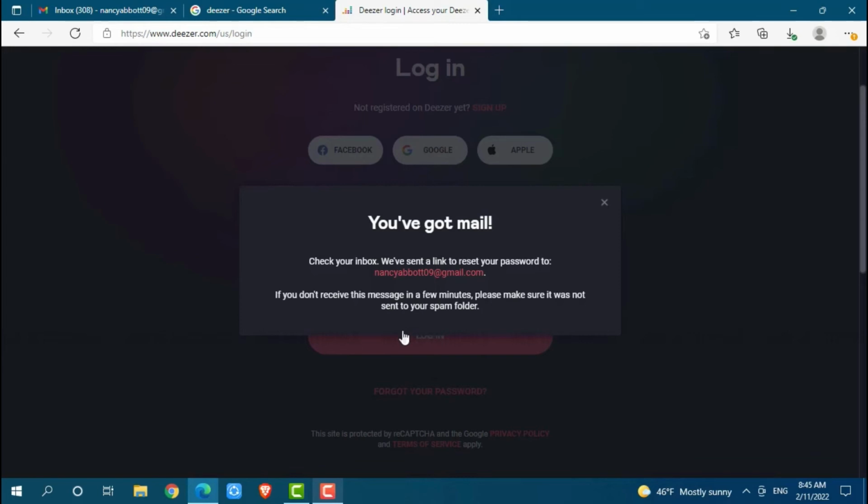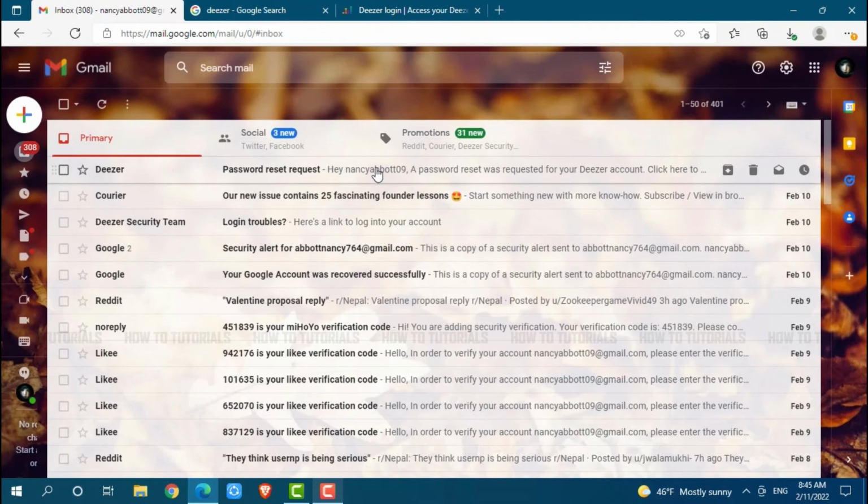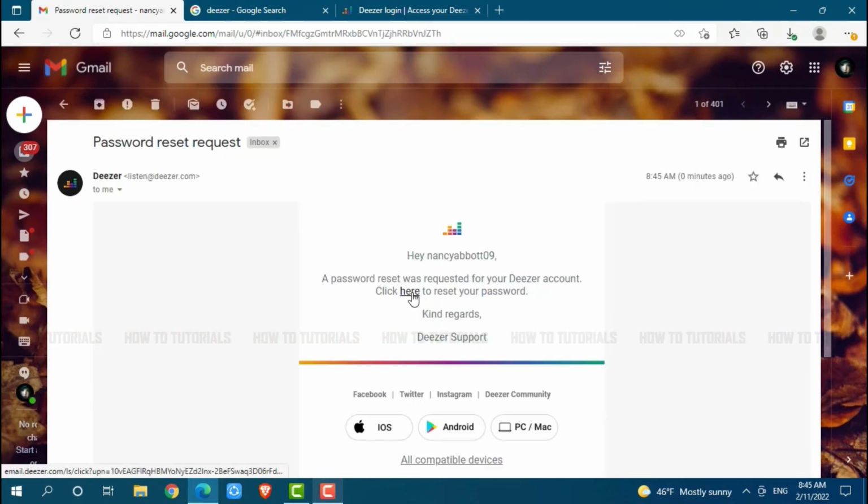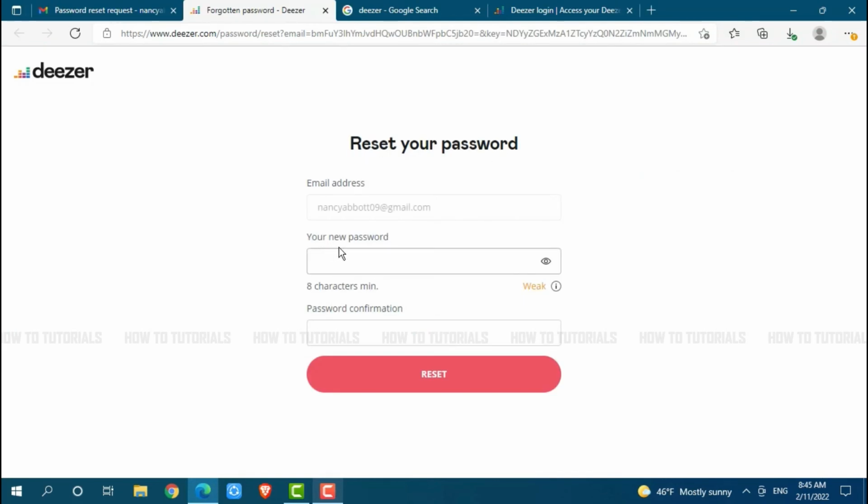You need to go to your mailbox and check for the mail sent by Deezer. As you can see, at the very first is a mail from Deezer. Now you open the mail. To reset your password you need to click here. Reset your password. Now you provide a new password for your Deezer account that must contain at